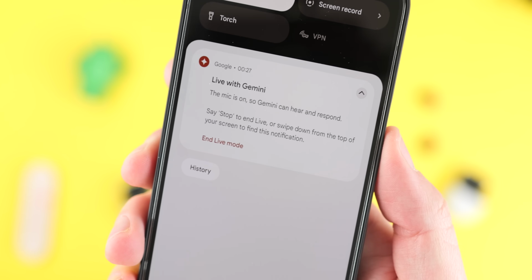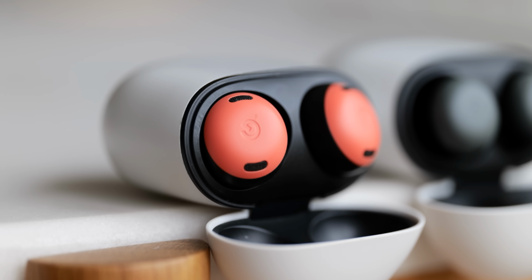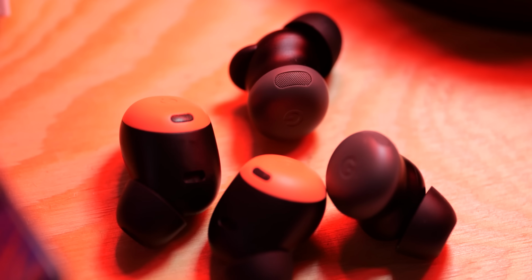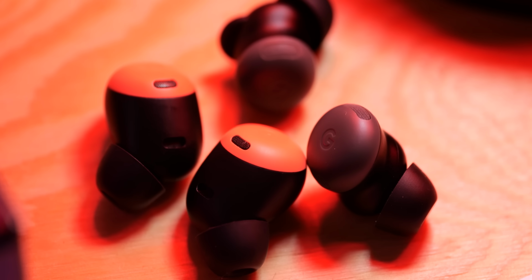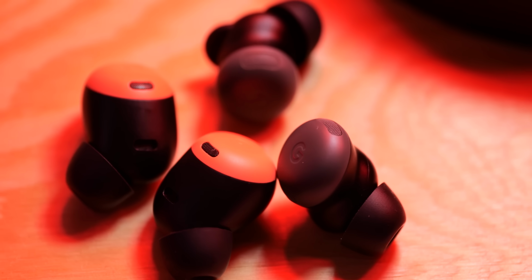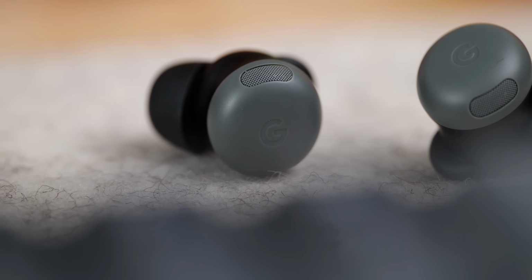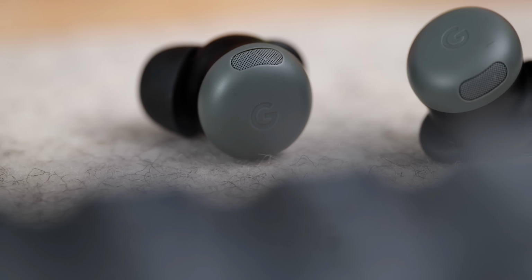Wireless connectivity though is getting a big bump from Bluetooth 5.2 on the Buds Pro to 5.4 on the Pro 2, and this means that dropouts should be less of a worry. I don't think it was a major problem anyway. That said, the connectivity is pretty solid once again. You might get a better range from the Pixel Buds Pro 2, but that will depend on the device that you're connected to, and of course Bluetooth 5.4 should improve in terms of actual power consumption as well,